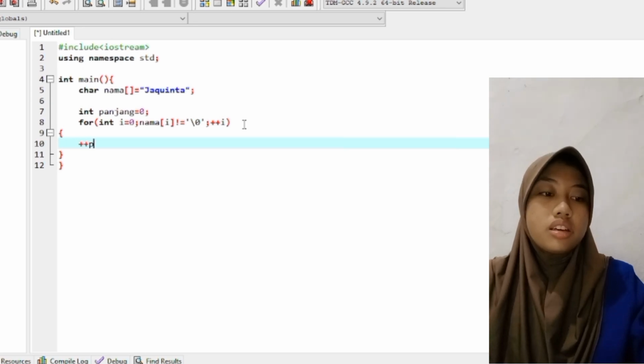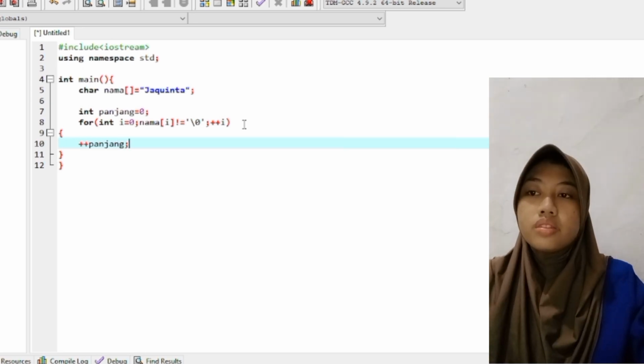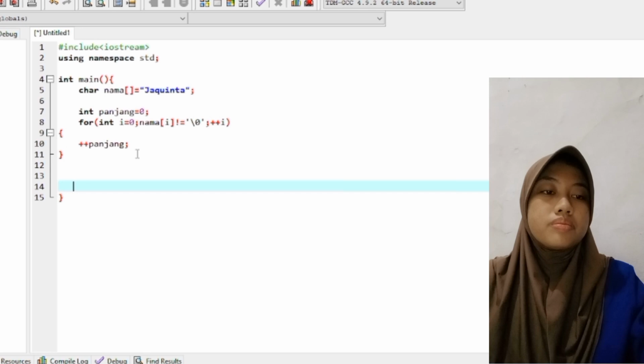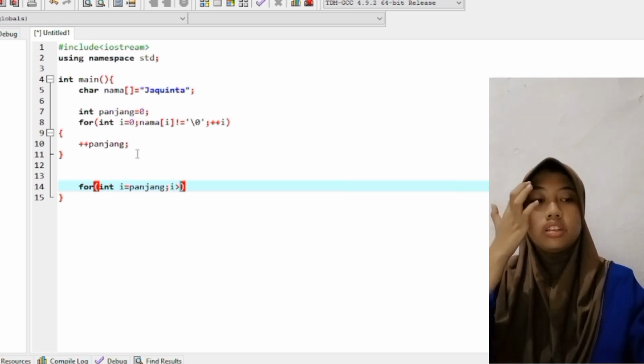And then for integer, for loop, this is a for loop that will repeat as long as the condition inside the parentheses after for is fulfilled.